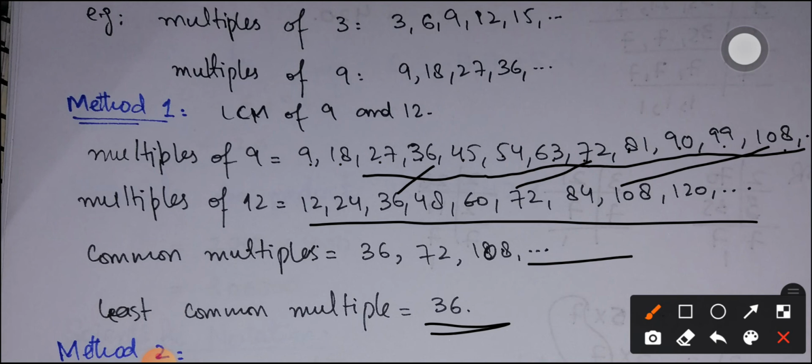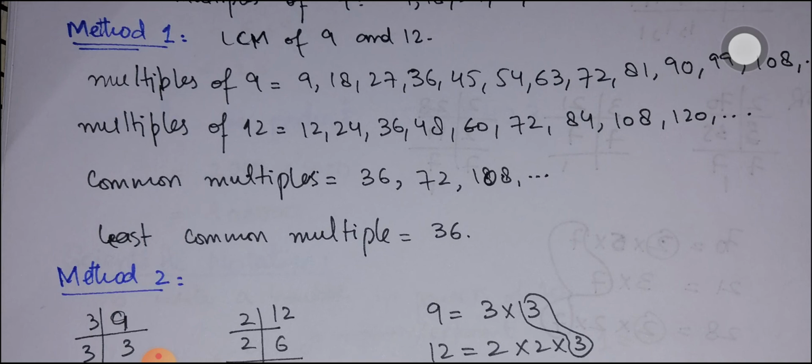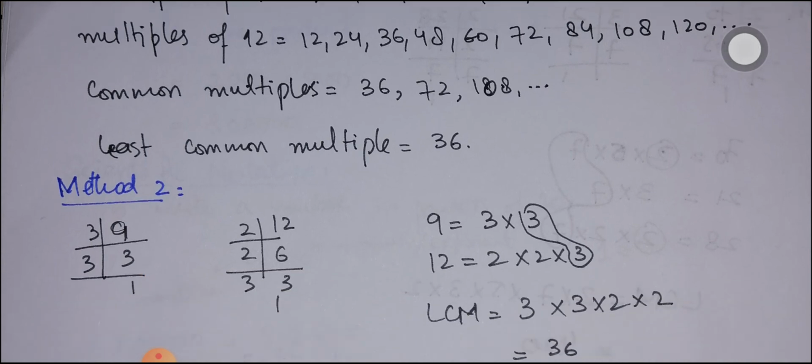But obviously this method is time consuming, and if somehow we miss some multiple, there may be a chance that it would have been a common multiple, so there will be some problem. That's why this method is not much appreciable when we find the LCM of larger numbers. 9 and 12 are very simple numbers, so writing down their multiples is a simple thing. But if we have a very large number, for example 222 or 501, then how can we find the multiples of such numbers without using a calculator? So that's why this method is not feasible, but still it is a method to find the least common multiple.